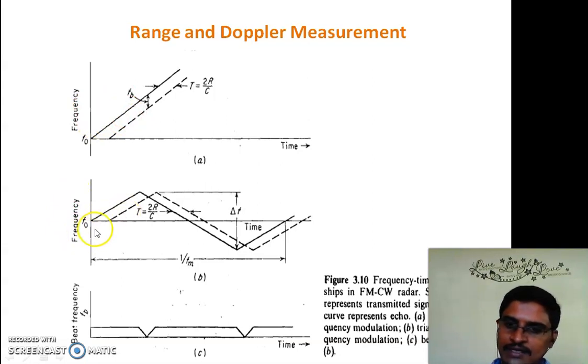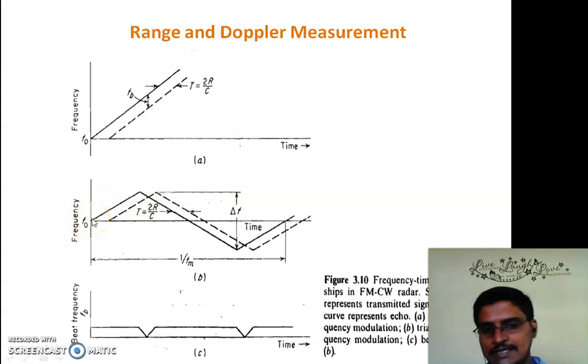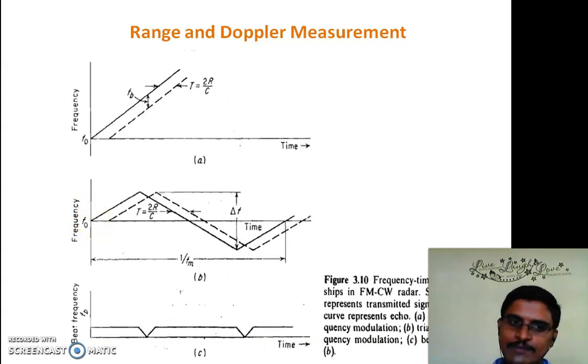Here, in this case, the transmitted signal frequency varies triangularly with respect to time. That means after a certain time it increases linearly like this, then decreases linearly like this, and increases again. Whenever the transmitted signal is radiated into free space towards the target at time t, and that signal hits the target and returns after a certain time, that is capital T, which is 2R/c, then the echo signal frequency varies like this, and like this, and like this.